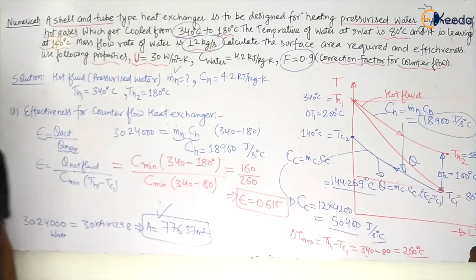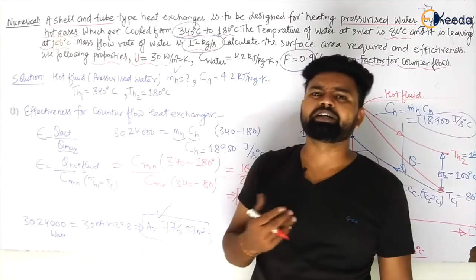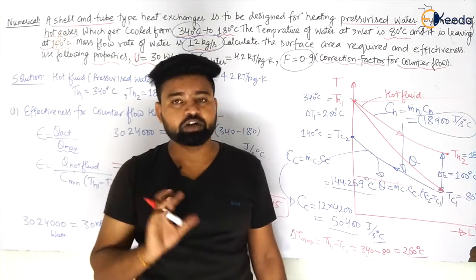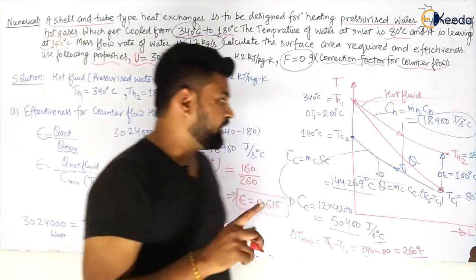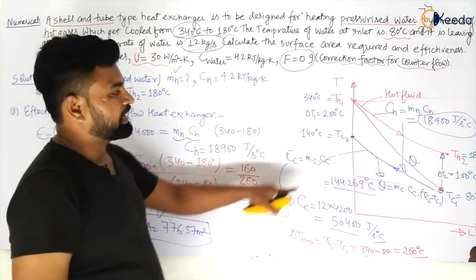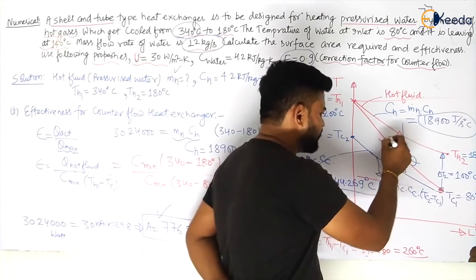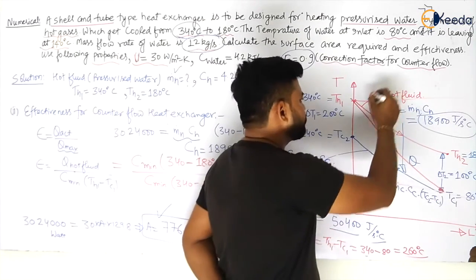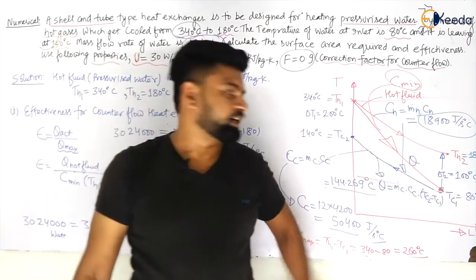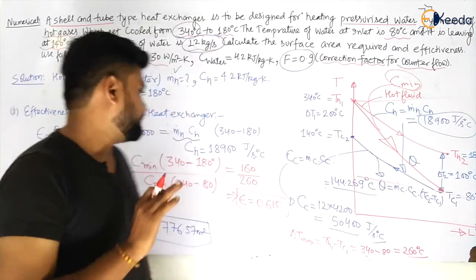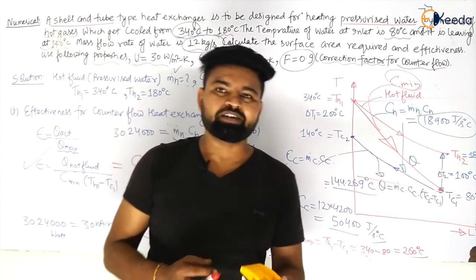Okay. So we have also calculated the effectiveness in this case, and we have seen three concepts: low mean temperature difference. We have seen how to calculate the minimum heat capacity directly so that we can save time. And at last we have calculated the maximum temperature difference, that the hot fluid will undergo the maximum temperature change because it is having C minimum, my dear students, and then we can easily get the effectiveness. Okay, so hope you have understood this.